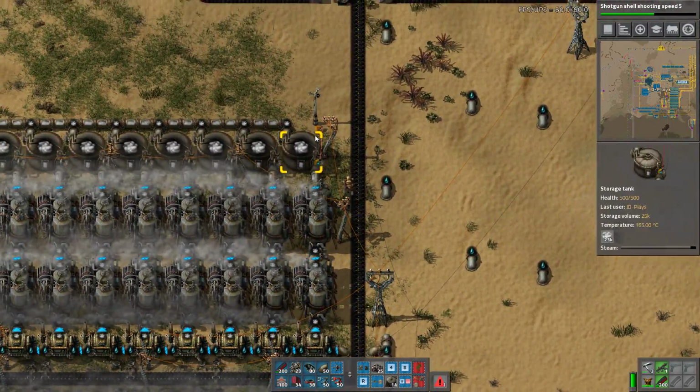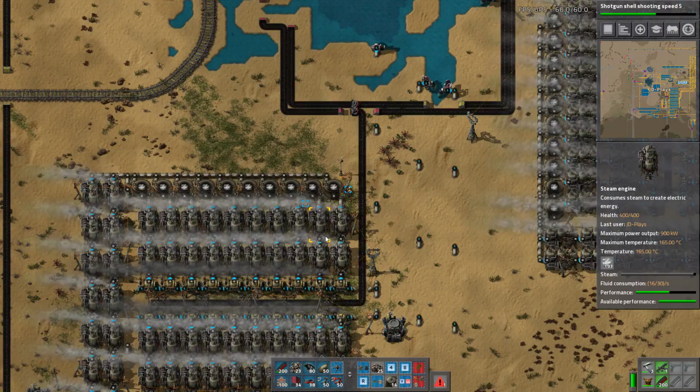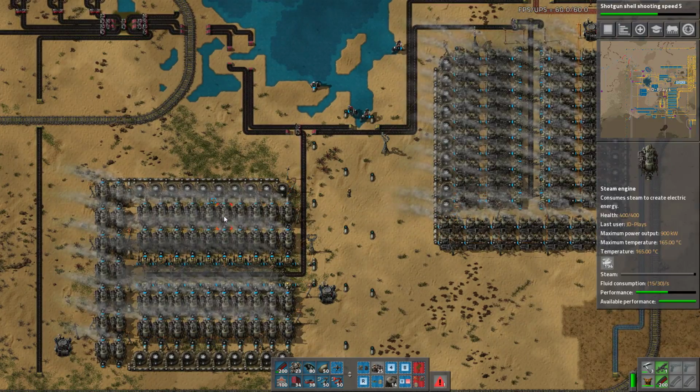Alright, we're at 23k still. These steam engines are at 16 of 30. So anything over 15 means we're actually using our...